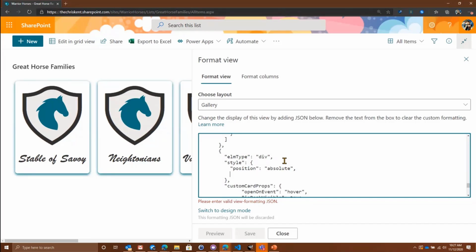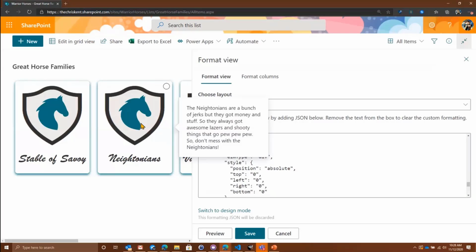But in order to do that, we're going to set its top to 0. We're going to set its left to 0. And we're going to set its right to 0. And I bet you can guess what we're going to set the bottom to. That's right, 0. Bam, right? So we do that, and if we preview that,